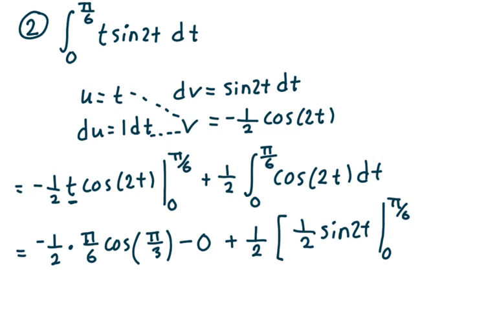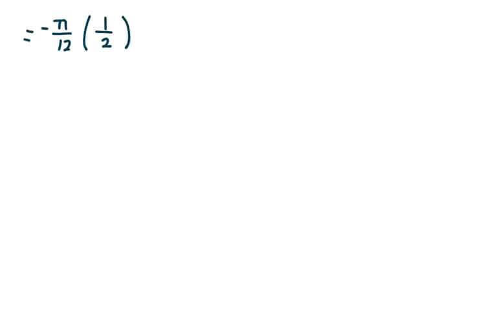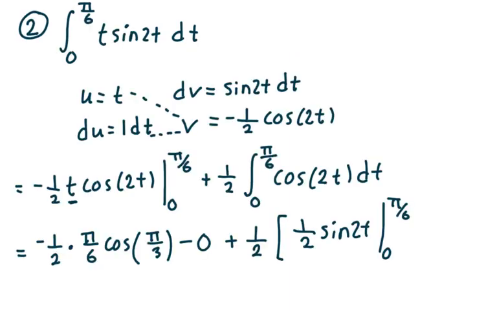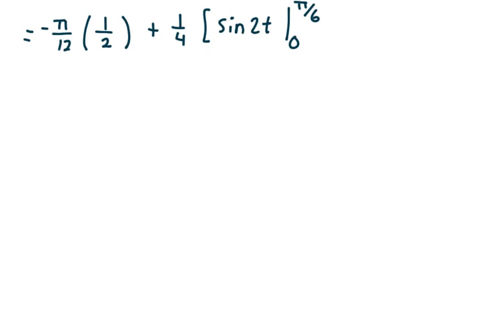Then I'm going to go plus 1/4 times sine of 2t evaluated from 0 up to pi over 6. Okay, so this is negative pi over 24 plus 1/4 of, and then I'm going to take sine of 2